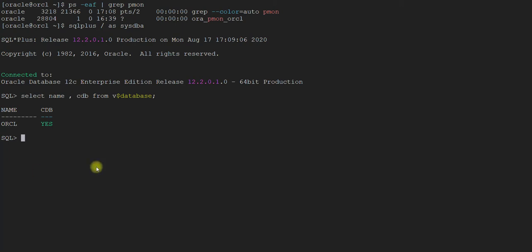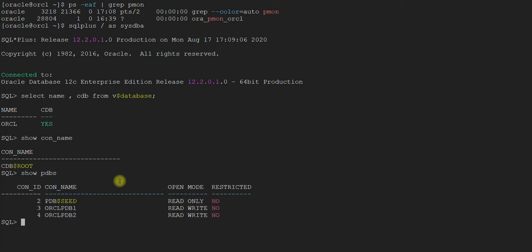Let's check what the container name is in which we are. Perfect, CDB$ROOT. Let's check all the PDBs. So show pdbs. It's showing all the PDBs. Okay, you could have used v$pdbs as well.